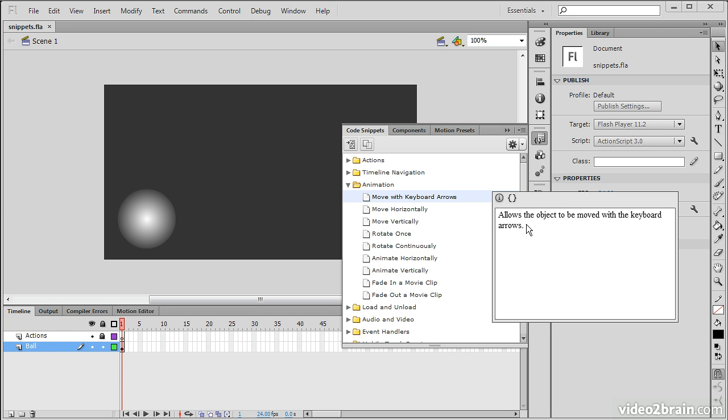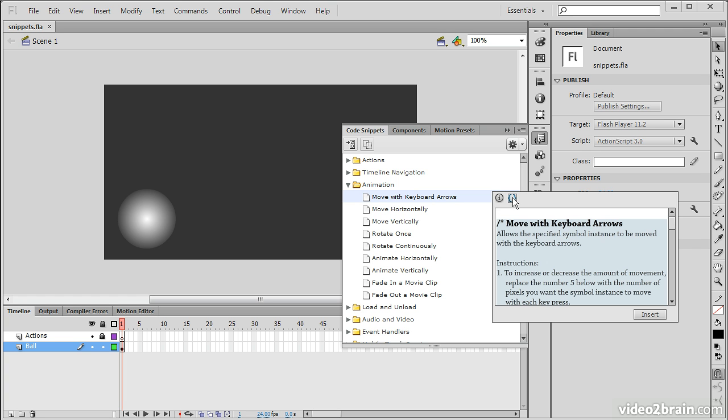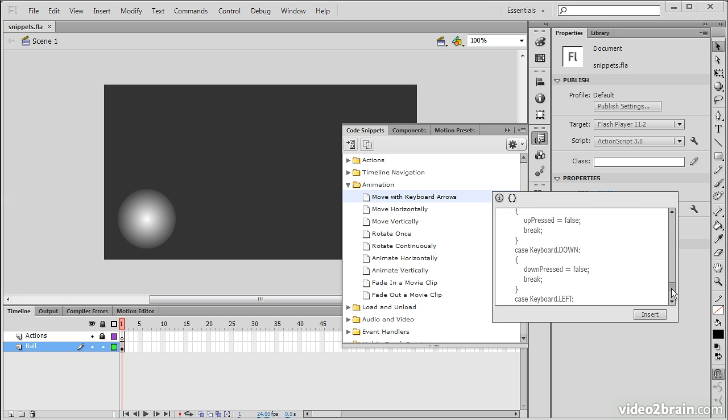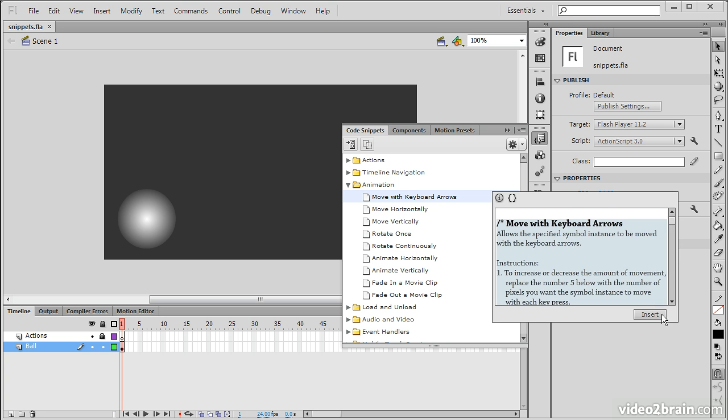So what does that mean, move with keyboard arrows? It tells you right here. Allows the object to be moved with the keyboard arrows, right? And then this little code section here allows us to see what will actually be inserted. So how do we actually do this? It's pretty simple. You just hit Insert,